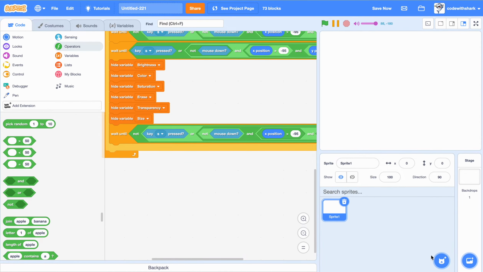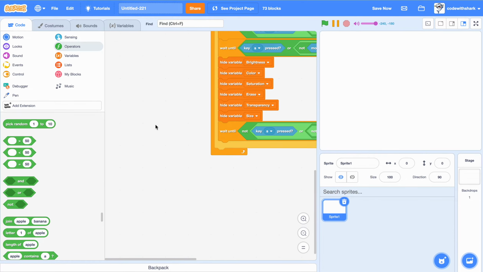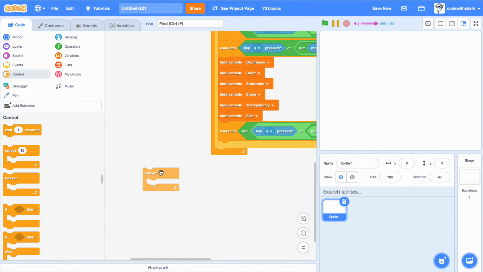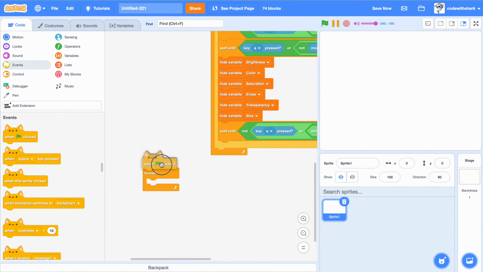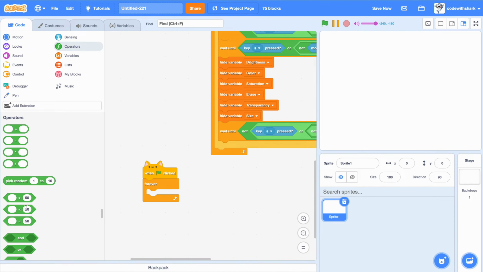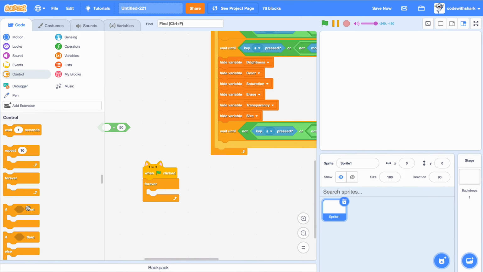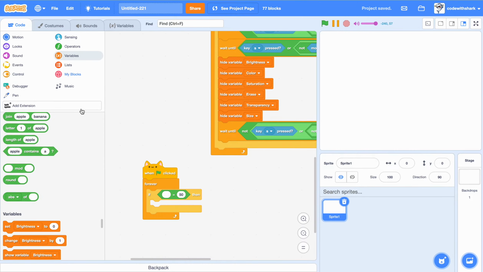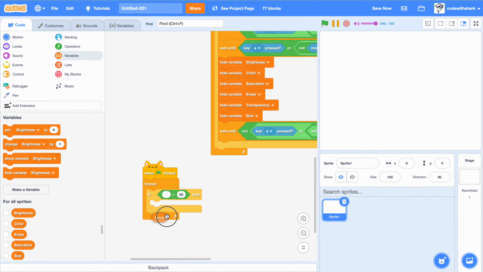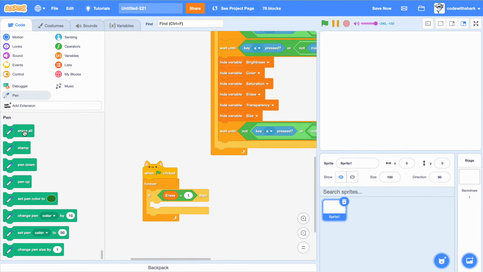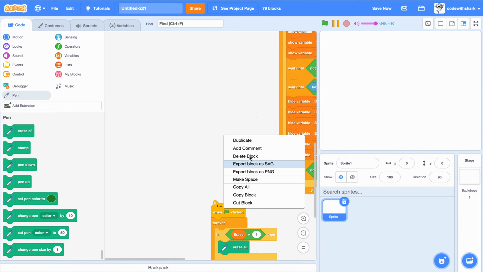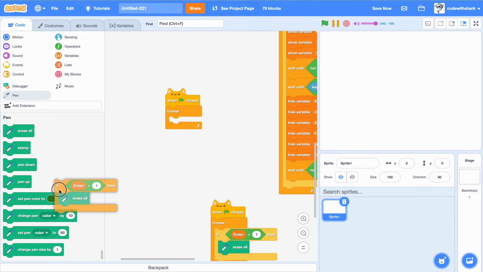And then we need to do forever, random focus clicked, if erase equals 1, and we want to erase all, and then we want